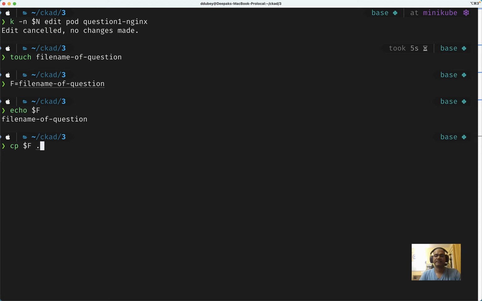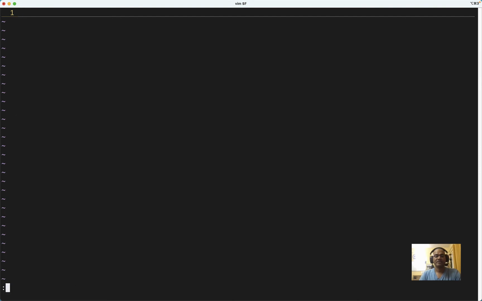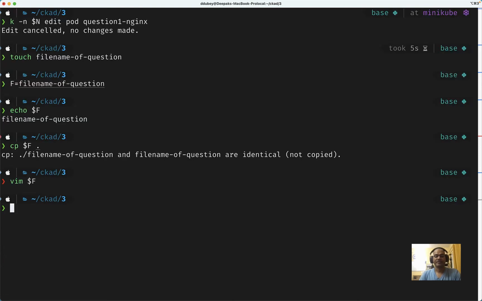Let's say I want to take a backup to the current folder, I can just do it like this. It will automatically create a backup. In this case it already exists, so it's not creating, but I hope you got the point. For example, after taking a backup they will ask you to edit some file and make some changes, right? So you can just do it like this, right? Okay,